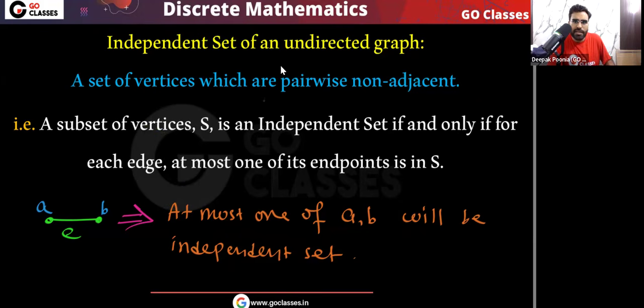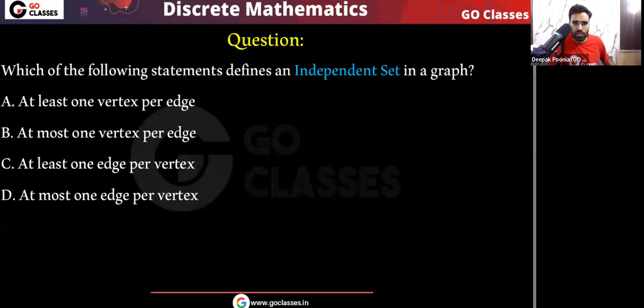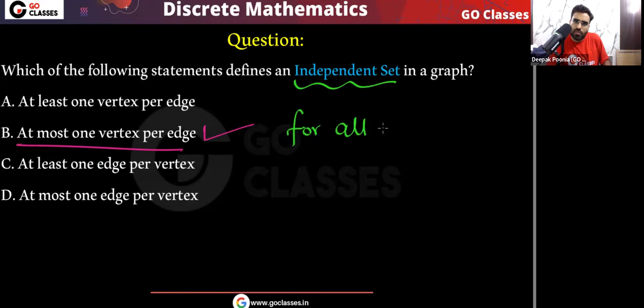I can say that independent set simply means at most one vertex per edge. You are taking at most one vertex per edge. You cannot take both the vertices per edge. Okay, you will take at most one vertex per edge. So you can see the answer, at most one vertex per edge. This will be the answer. I hope you understood, because whatever edge you take in the independent set, you can see for all edges,